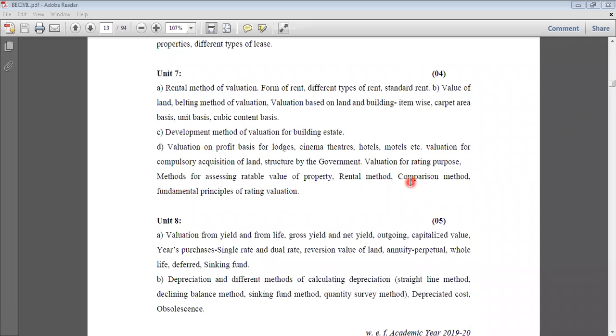Sorry for the disturbance. Now coming back to the remaining part of this chapter number 8, reversion value of the land. Now what is this concept actually? Reversion value is nothing but that value of the land, or the amount which the owner gets after demolishing whatever constructed area there was. Suppose previously he